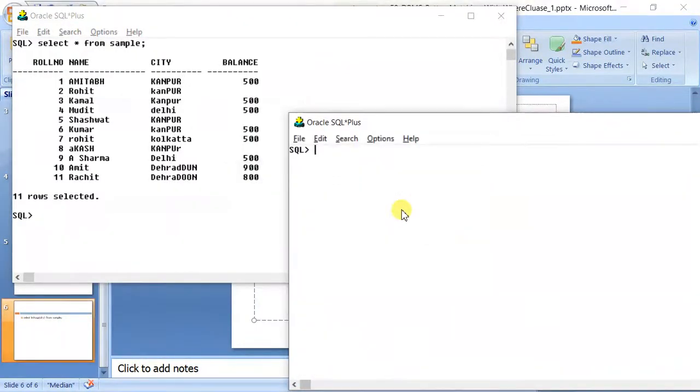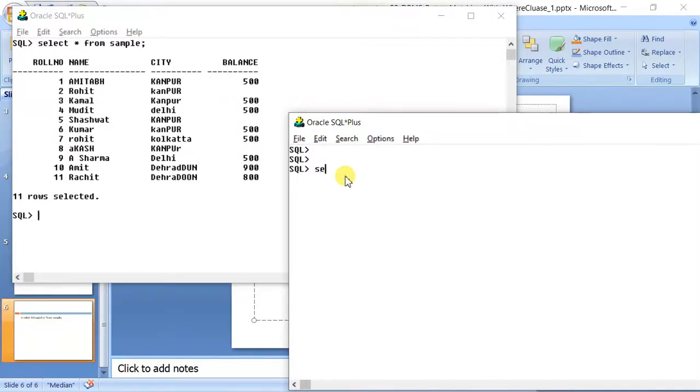Now, coming back to the first question that we were doing. Can you guess how this Kanpur query can be solved in a simple manner instead of writing Kanpur multiple times? Yes. Some of you might have thought correctly. Instead of matching individual values, while matching we can convert this value to either upper or lower and then match with a certain value.